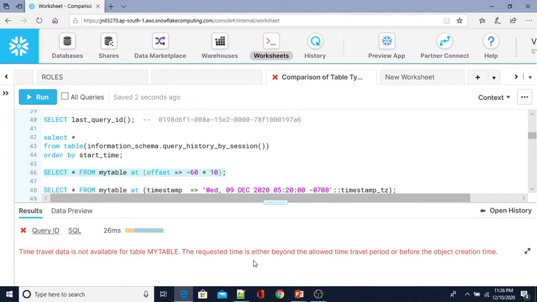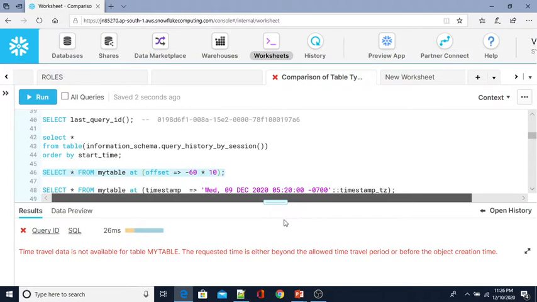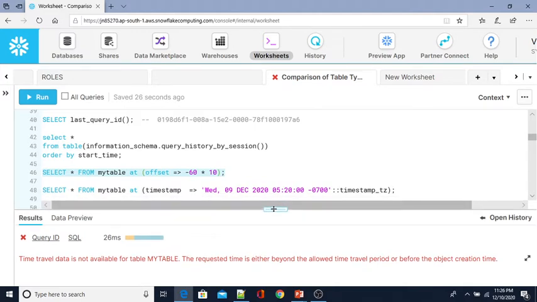The requested time is either beyond the allowed time travel period or before the object creation time, because this object was created 5 minutes ago, but we are checking 10 minutes ago. That means the time travel data is not available. Please note this one. This is one of the things you need to remember while firing time travel.